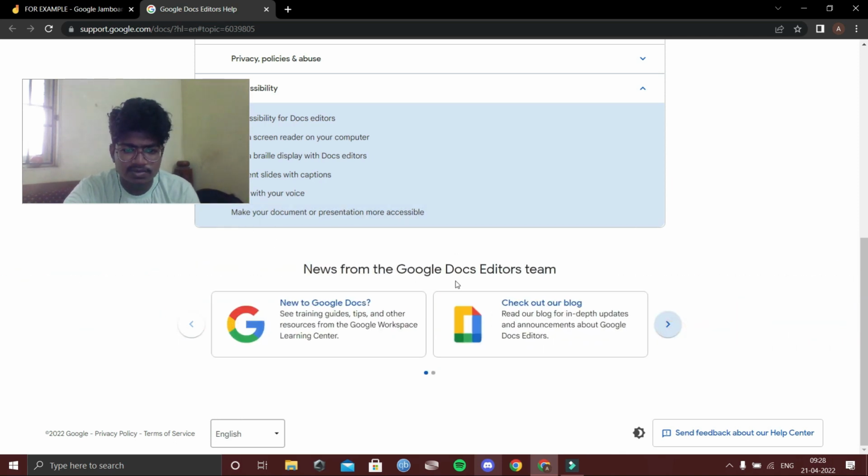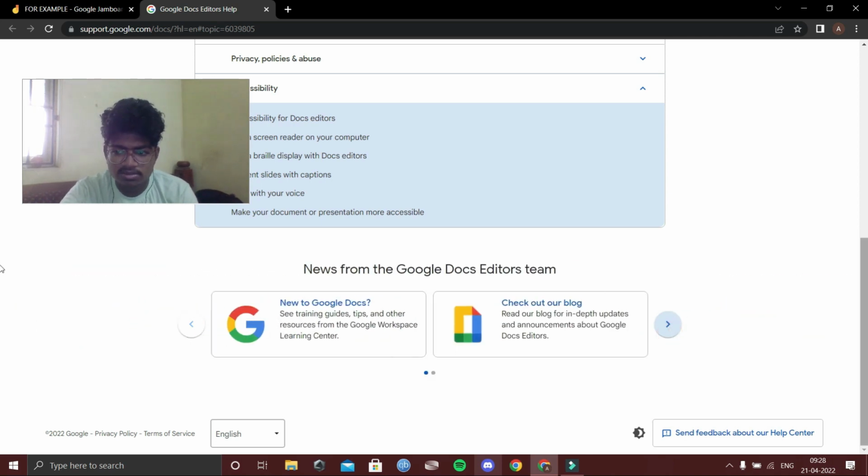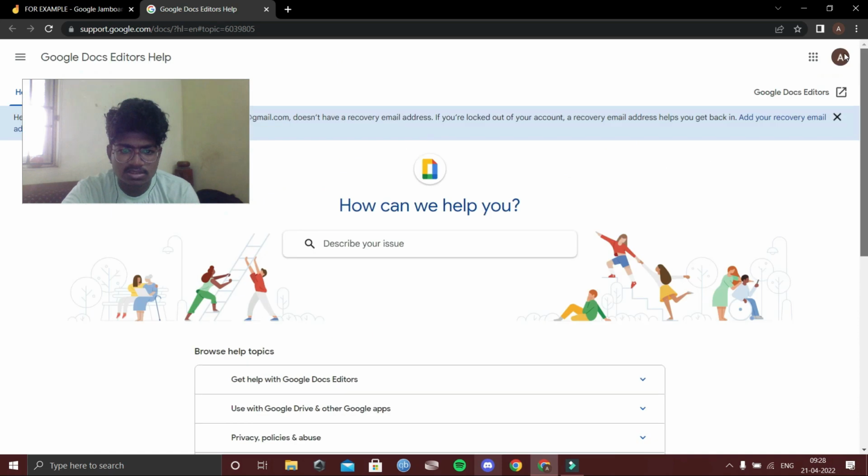And this is the news from Google Docs editors. New to Google Docs editors, check out the blogs. Google Docs editors service status. Use Google Docs editors for work and school. See service description information on Google products. And this is how it works. And then finally,